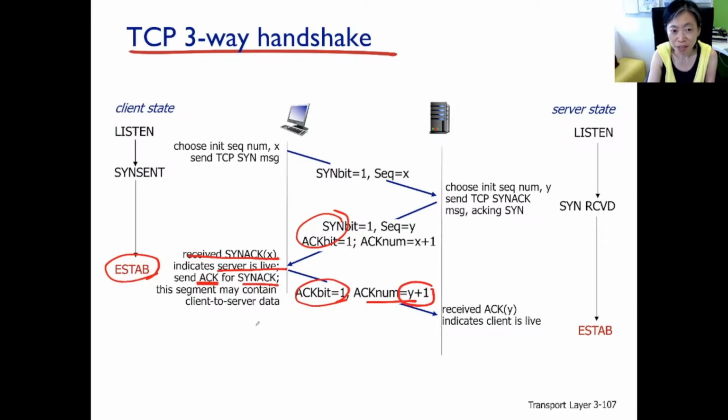Because the client, observing that the initial sequence number of the server is y, sets the next seq num to y plus 1, and that number is also shown in the ACK sequence number. And so the server, finally receiving the ACK, is sure that the client is live and the socket is now complete and in the established state.